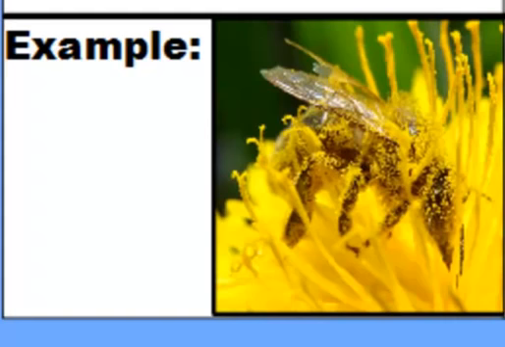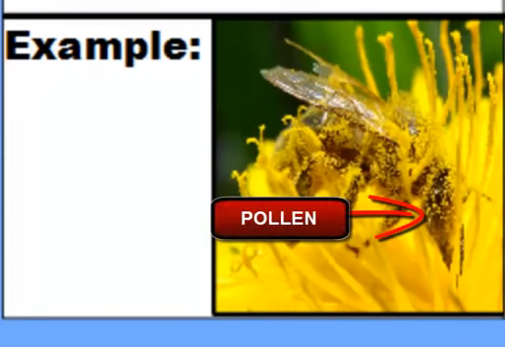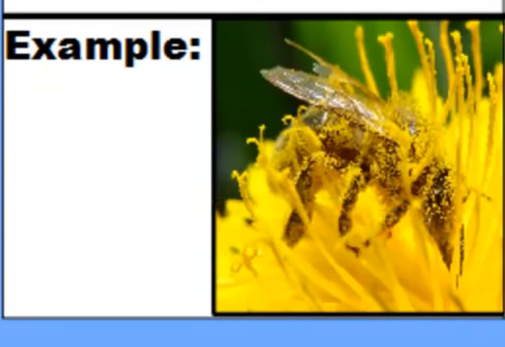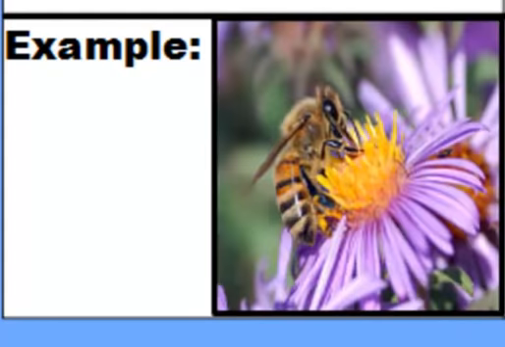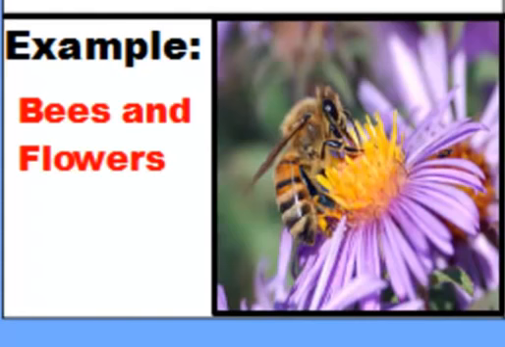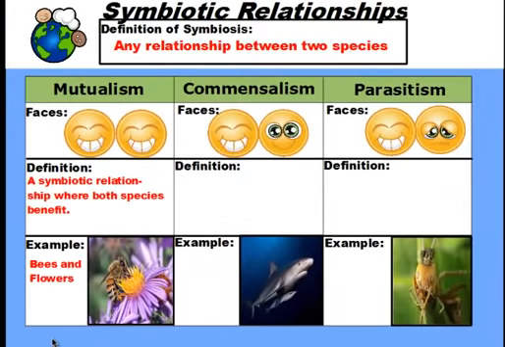However, you'll notice if you take a close look that this bee is covered in yellow stuff. And this yellow stuff are tiny grains called pollen. And pollen actually contains male sex cells from the flower. So after the bee leaves this flower, it'll leave covered in pollen and then land on a different flower. And when that bee lands on a different flower, the pollen grains will get knocked off the bee, fall into the new flower, and then help fertilize the eggs of that flower. So in this example, the bee gets food and the flower is able to reproduce. So that's how these two organisms both benefit from one another. And that's an example of mutualism.